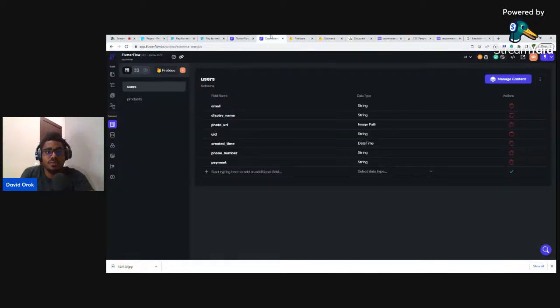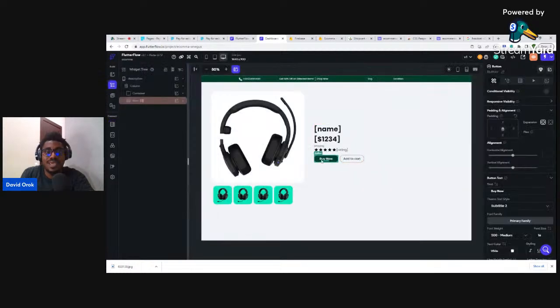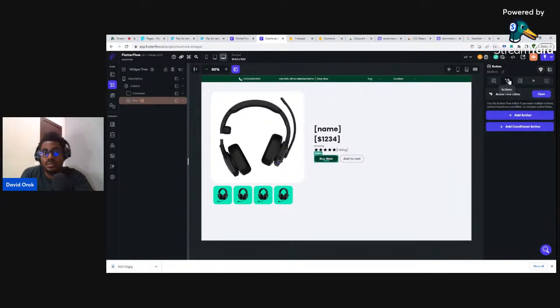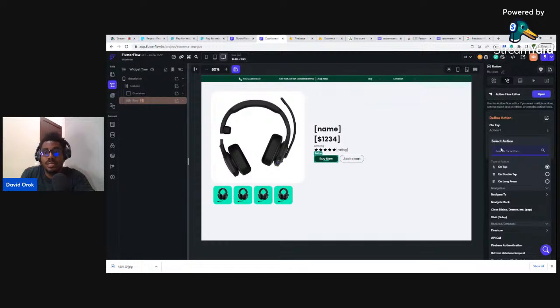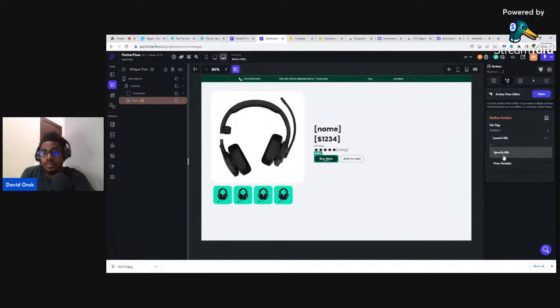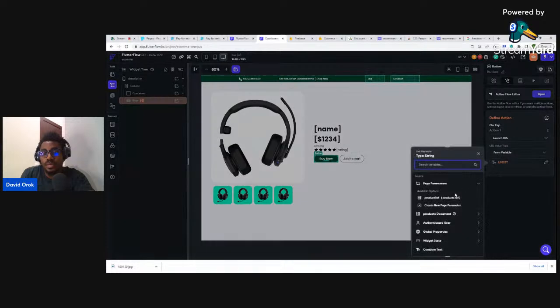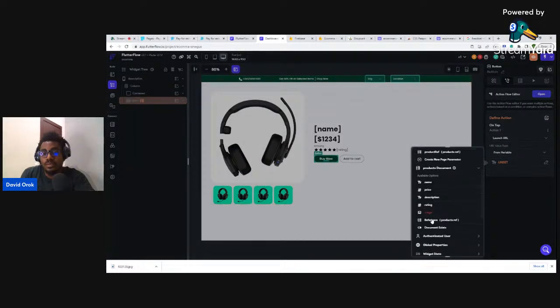And then after you've done that, I've also set it up here. So the next thing I need to quickly do is come back to the widget tree. And in this buy now button, I'll click it to add an action. And then I'll say launch URL, right? So launch URL, I'll click on it and say not specific URL, go to from variable, and then come to product document and go to